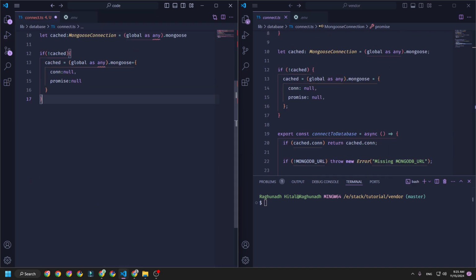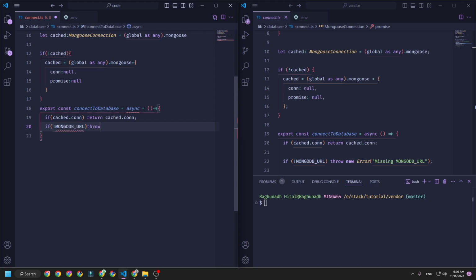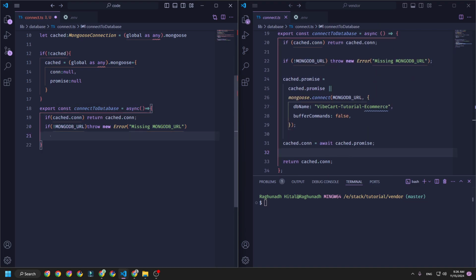After that, we need to define a function here, which was export const connect to database, which was an asynchronous function. If it was having a connection in a cached one, we are going to return cached connection only. And we are going to check if there was no MongoDB URL. In that case, we are going to throw a new error here, which was missing MongoDB URL. Copy this, come to here and paste down the code here like this. So after that, make sure to keep like this. And after that,